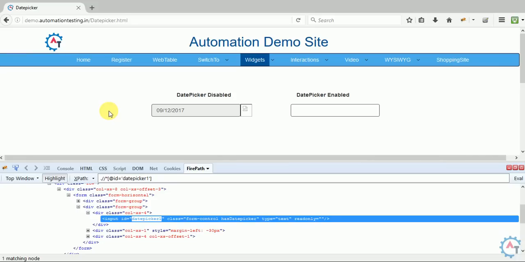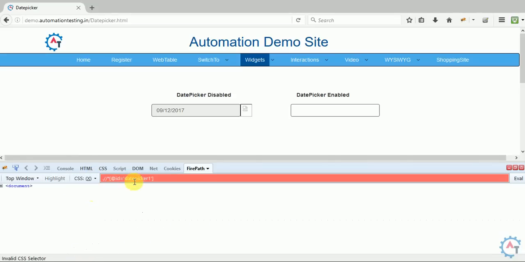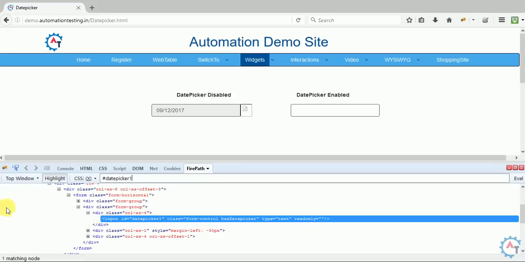Because getElementById will not work, the reason being it does not have any ID. In these situations you can use CSS selector. I'll get the CSS selector, hash datepicker.